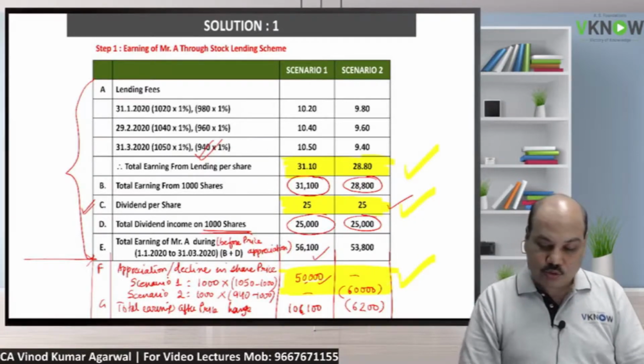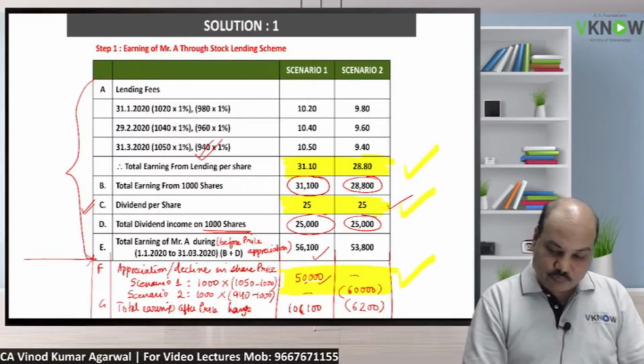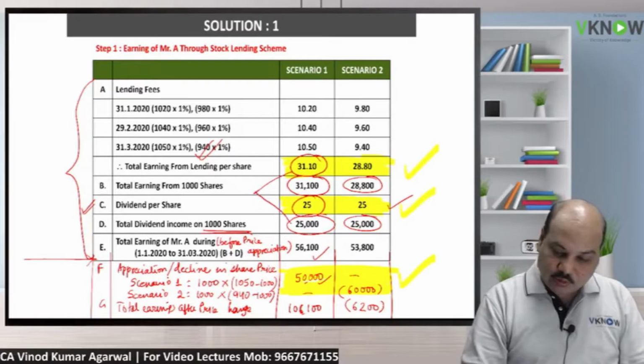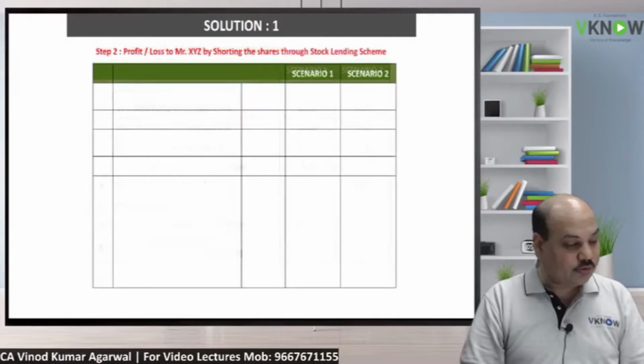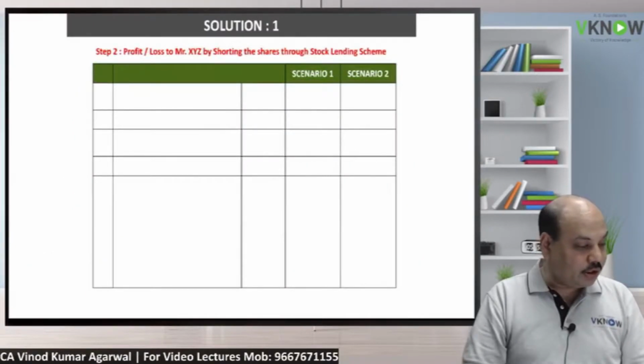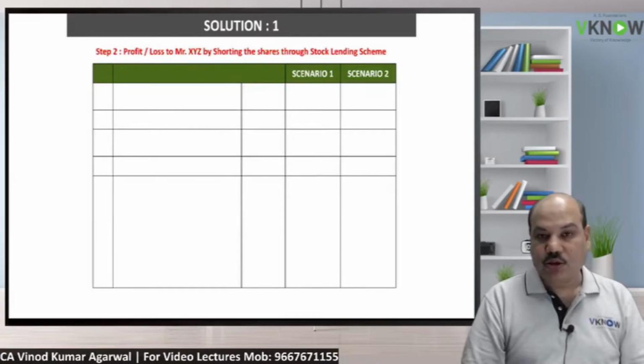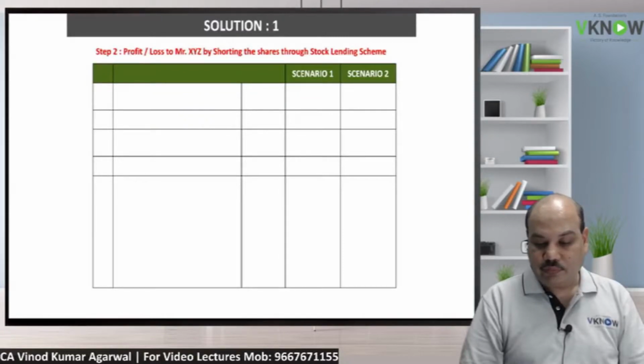So for the short seller, these three will be considered, in addition to the bank guarantee charges. Now you see on the screen, 31.10 plus 25 we have already calculated here, which the short seller will have to pay to the lender of the shares, plus gain or loss we will consider. Okay, so I hope you are ready. Write down profit or loss to Messrs. XYZ